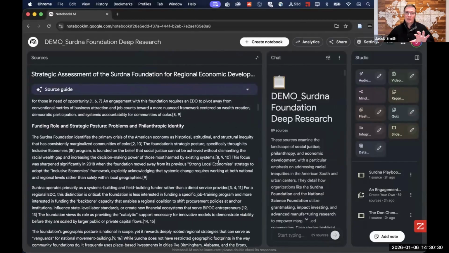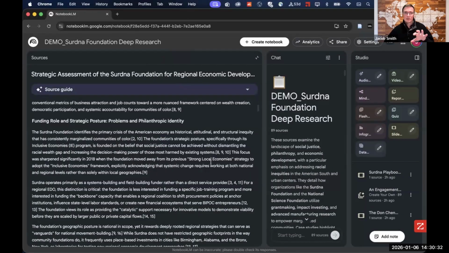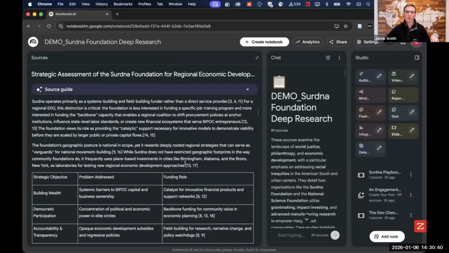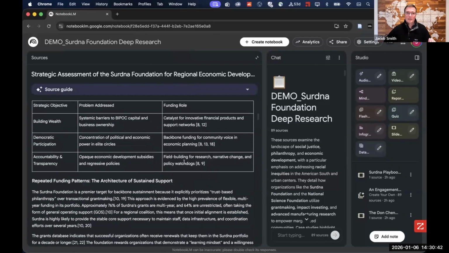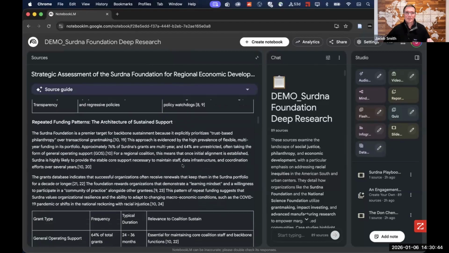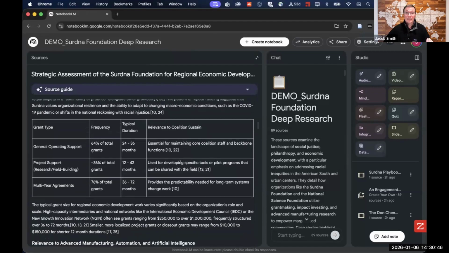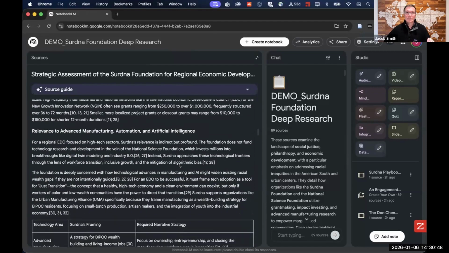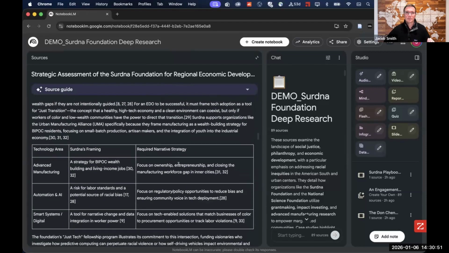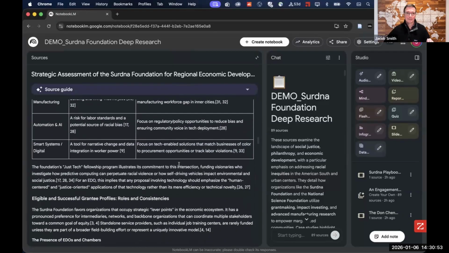All of those sources that were found as part of this deep research report generation are actually all now pulled into the notebook as well. They are automatic. You click a button to import them after you generate this report. But you can see all the 7 things that we had in that prompt are included in this full report, this deep research report related to this particular foundation.